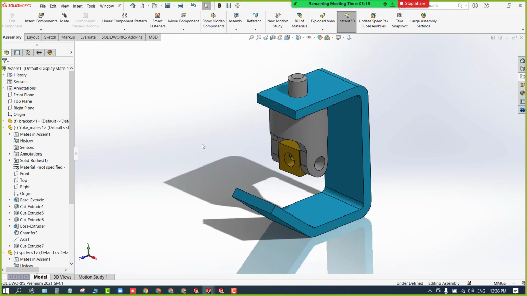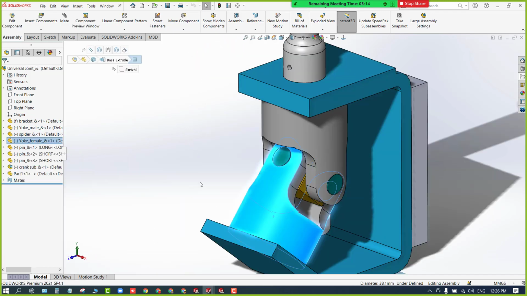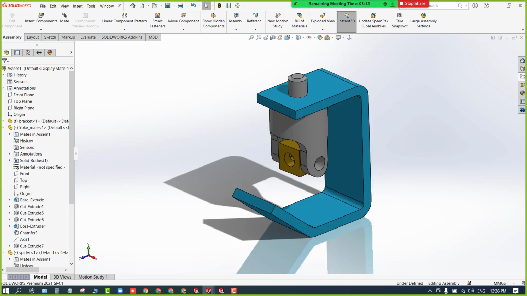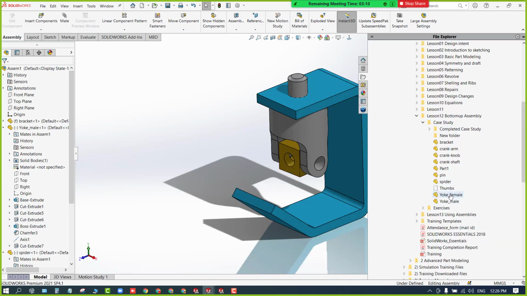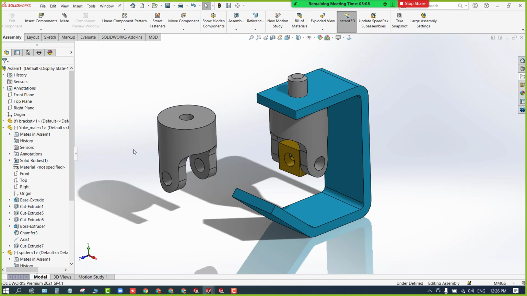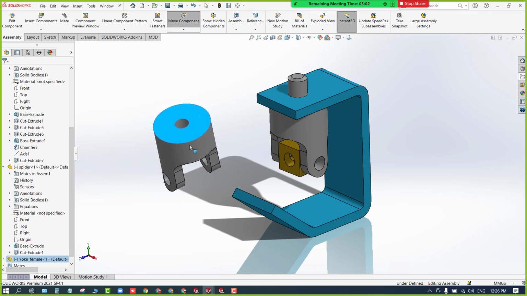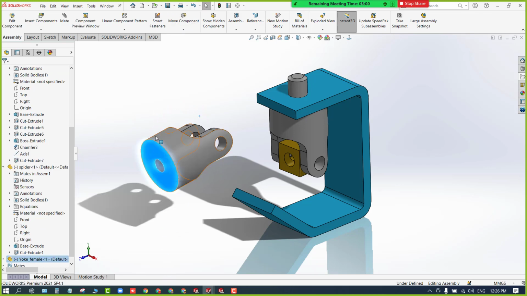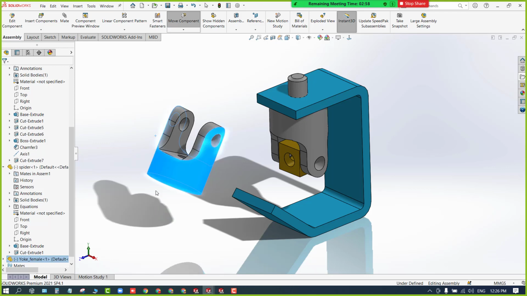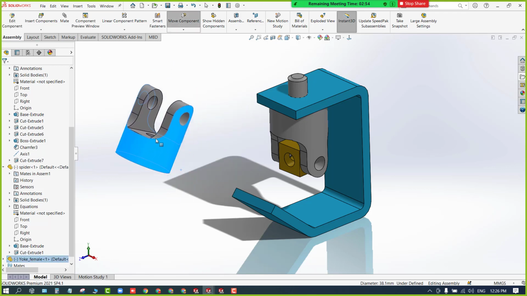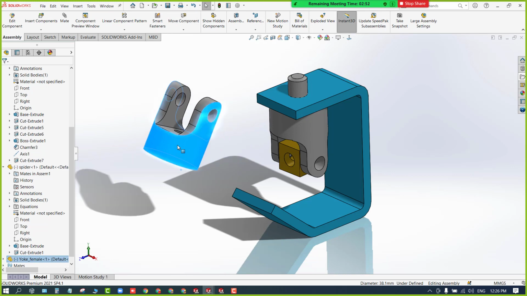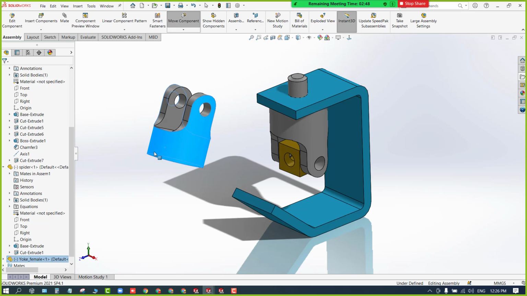The next thing is to assign the female yoke. I'll do the same. Go here and search for the female yoke, drag and drop it. Now it is not oriented as per the requirement. You can right click on the face and rotate it. Right click and rotate. If you want to move it, left click and drag. Clear? Rotating is right click and drag. Write down these two.